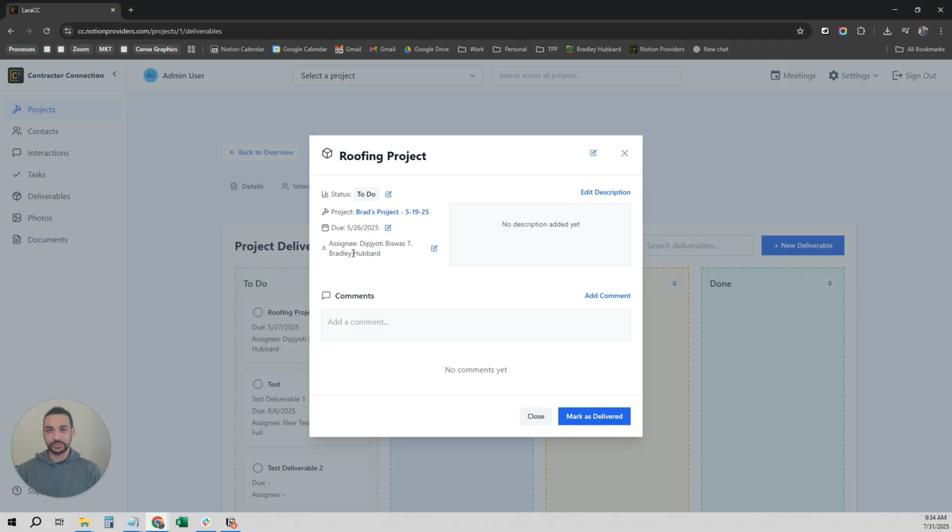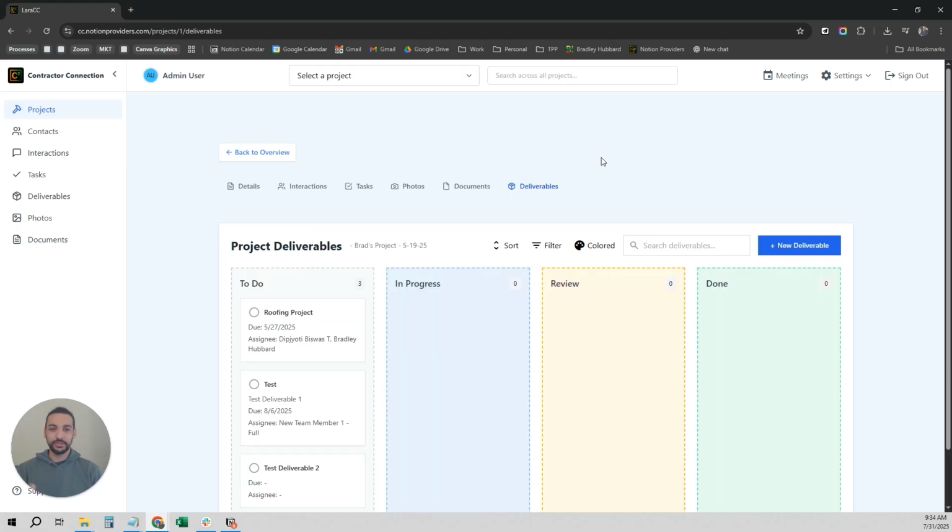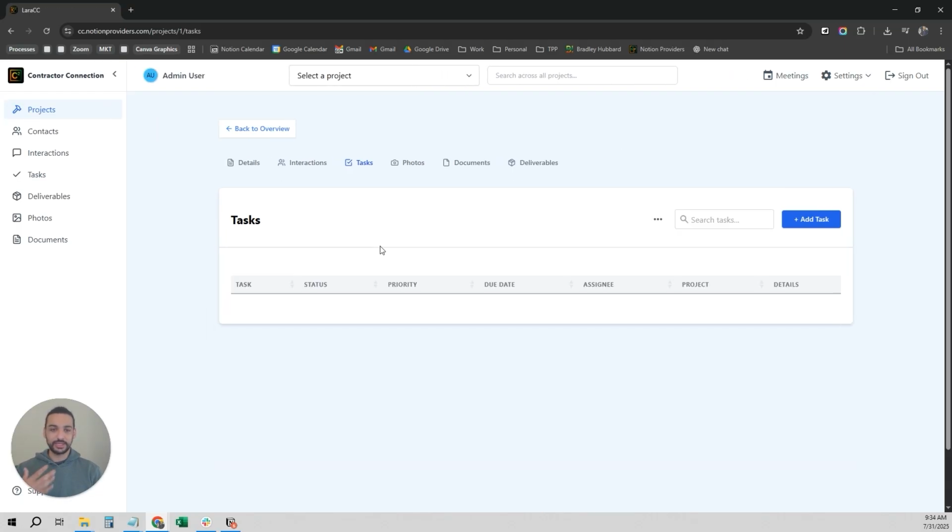Same thing like I was saying with tasks and deliverables. Add any comments to the deliverable or task and see it in a single spot to communicate back and forth with the crew or whoever's going to be assigned to that deliverable. Make sure that the project manager is moving it through the pipeline using both deliverables and tasks, and you'll accomplish